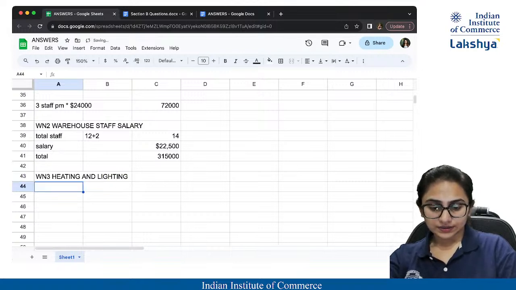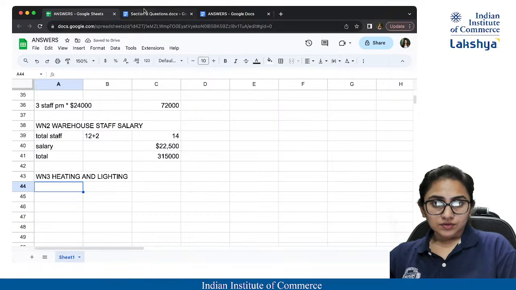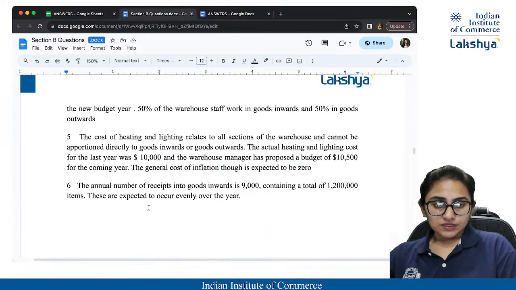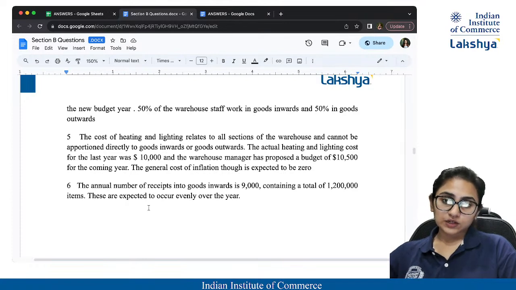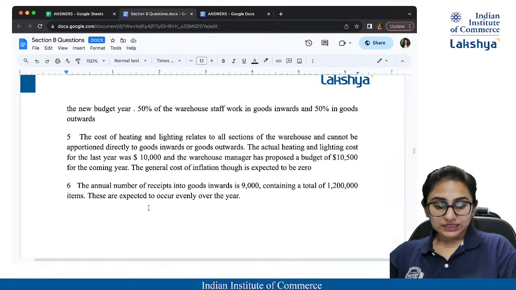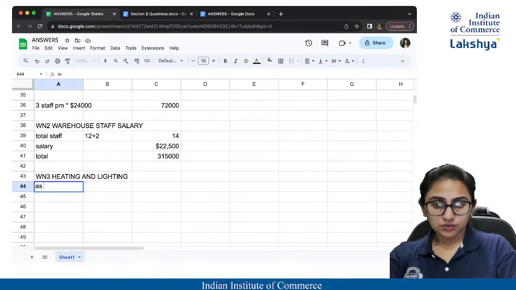Heating and lighting. What is given in terms of heating and lighting? The cost of heating and lighting relates to all sections of the warehouse and cannot be apportioned directly to goods inwards or outward. It is 10,000. Actual is 10,000, and as the inflation is 0,